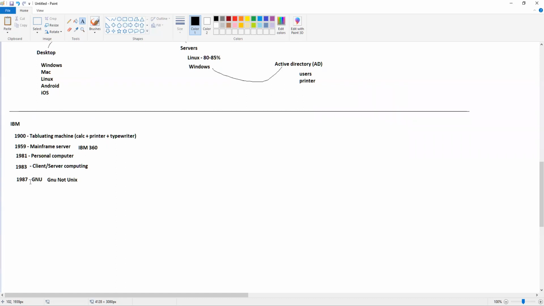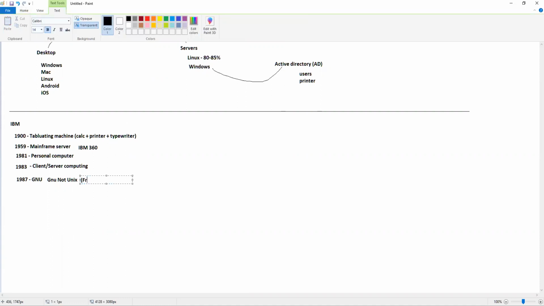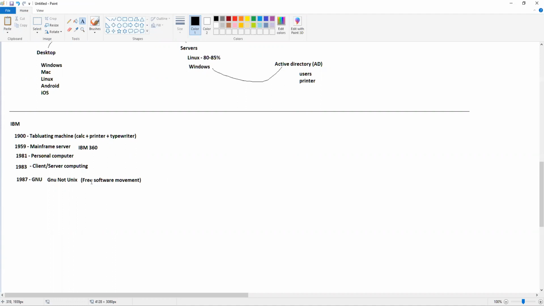He gathered a lot of university graduates and university students, and they protested. So GNU started and was formed, and the free software movement.